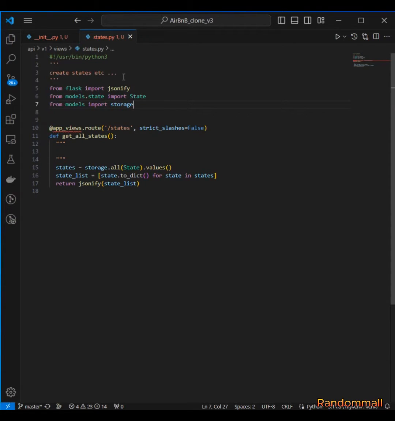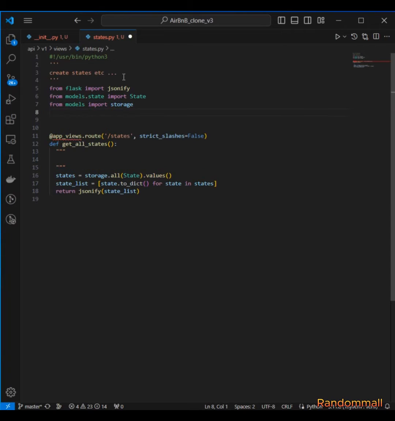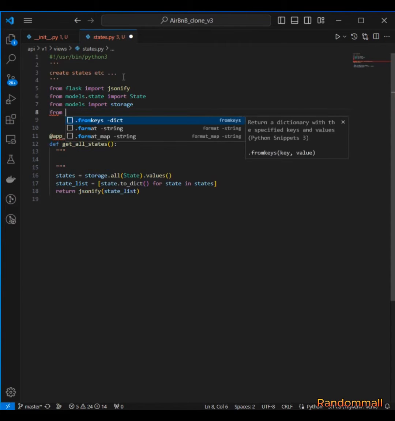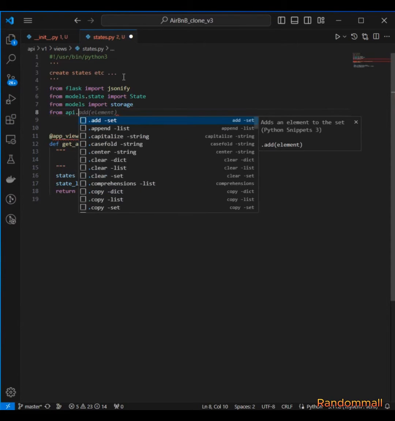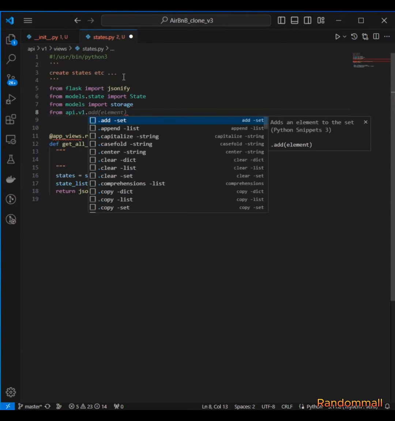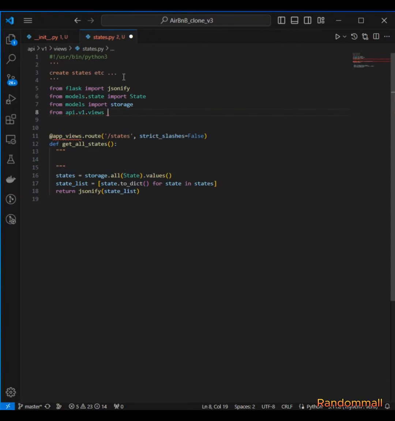Okay, have to import, say, from api.v1.views we import app_views. Okay,